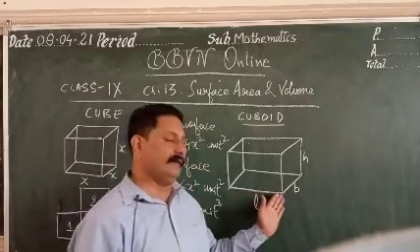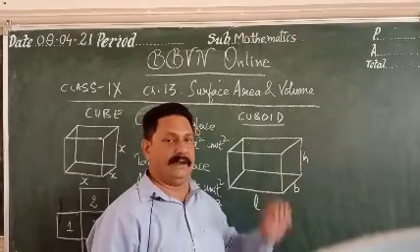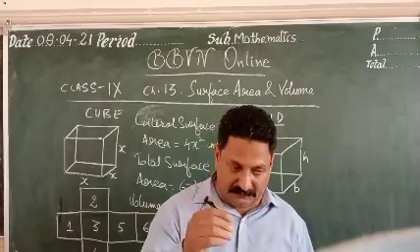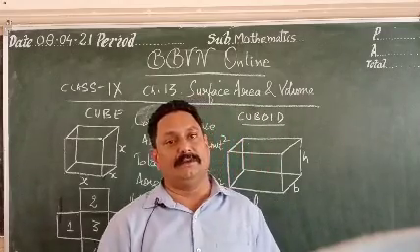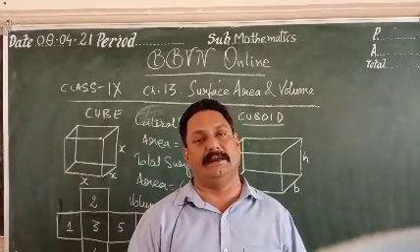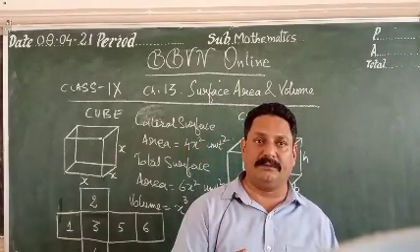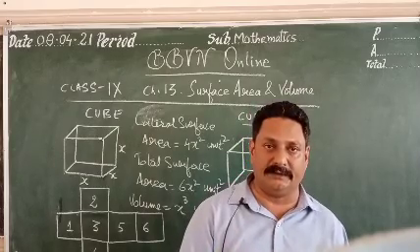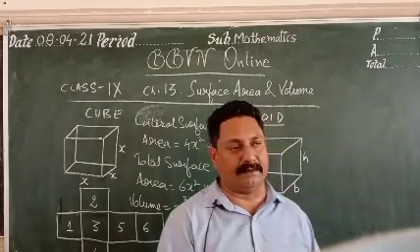Now let's come to the cuboid. In cuboid we have length L, width B, and height h. It also has 6 faces, but the room in which you are staying, imagine it as a cuboid. So you will see the walls which face each other are identical. Okay, so you have 3 pairs of identical rectangles, or you can say identical squares in some cases. Otherwise they have 3 pairs of identical rectangles.